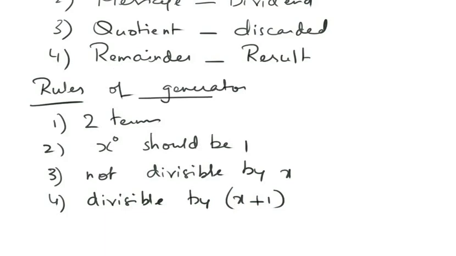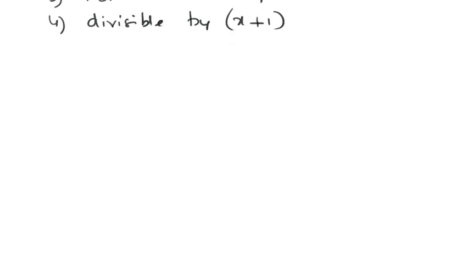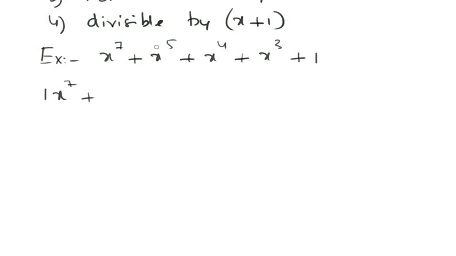Okay, next. This polynomial is represented in the binary pattern. The generator polynomial as well as the message can be represented as a binary pattern. We'll see one example here. Suppose this is the generator polynomial, x raised to 7 plus x raised to 5 plus x raised to 4 plus x cube plus 1. So this can be written in this manner: 1 x raised to 7 plus, here we don't have the power of 6, so we need to put 0 in this place.